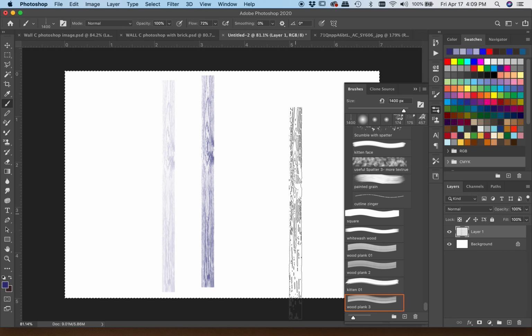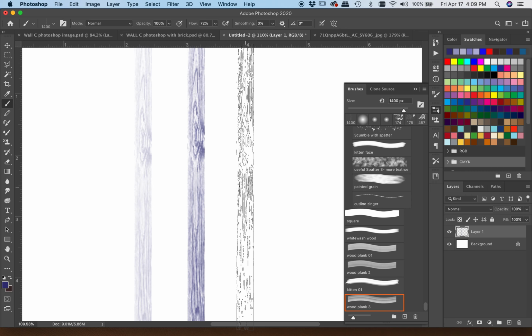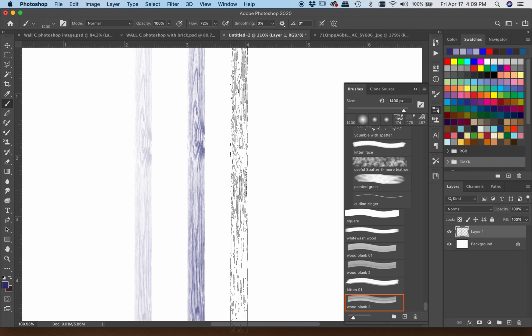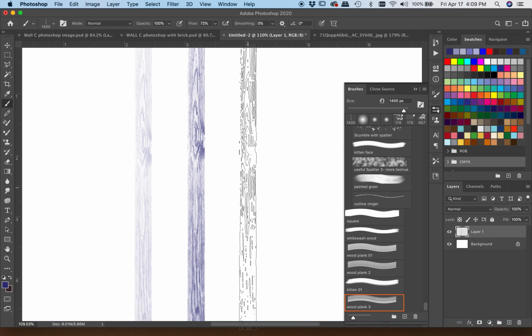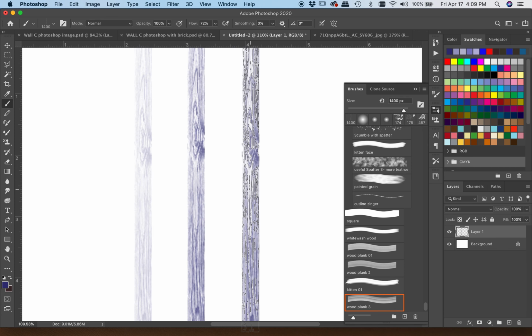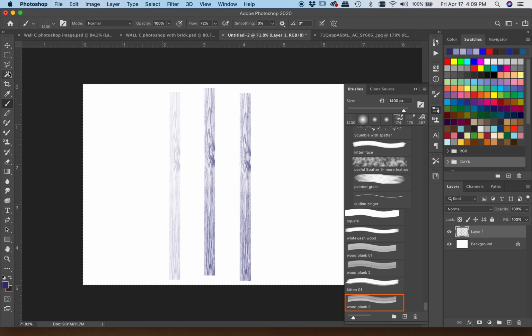So you can create really nice textures on really any drawing using this. Now if I used it like a paintbrush and clicked and dragged, that's not going to work so well, but I can literally click once and change that. If for some reason I wanted it to be a little bit bigger, it's really a matter of selecting it, because again, it's really just pixels on the screen.